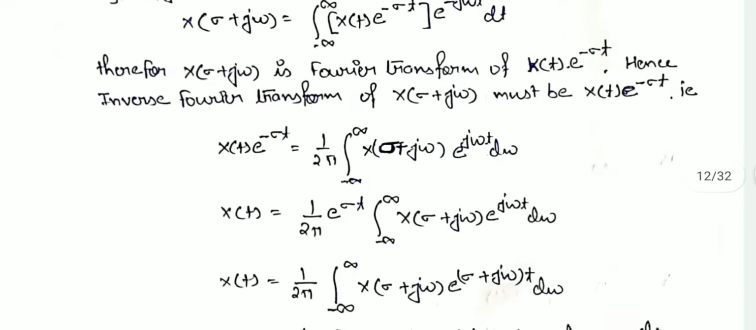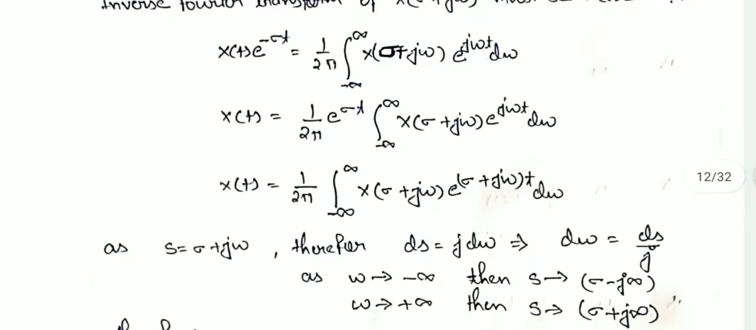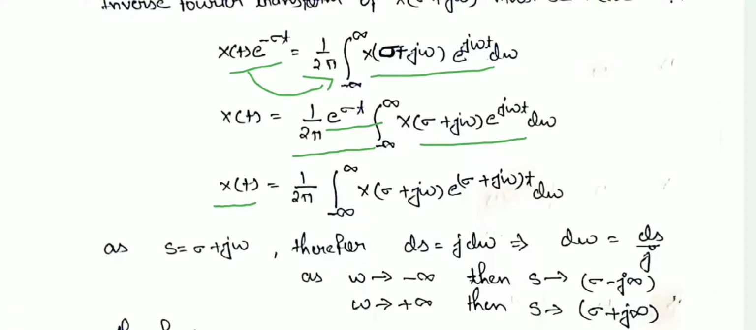When we multiply the signal by e to the power sigma t, it becomes x(t) equal to 1 upon 2 pi times the integral from minus infinity to infinity of X(sigma plus j omega) e to the power (sigma plus j omega) t d omega. Now, as we know that s is equal to sigma plus j omega,